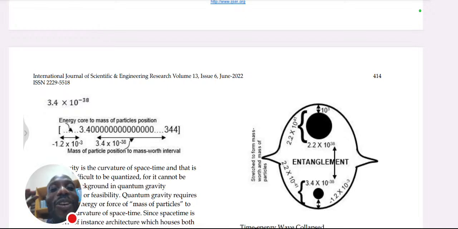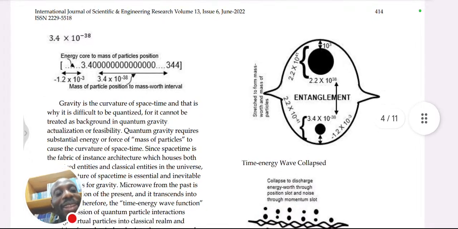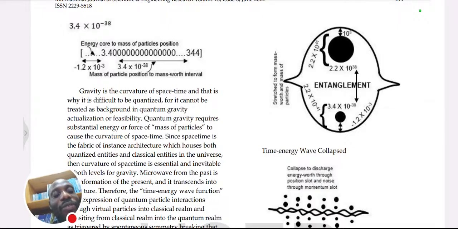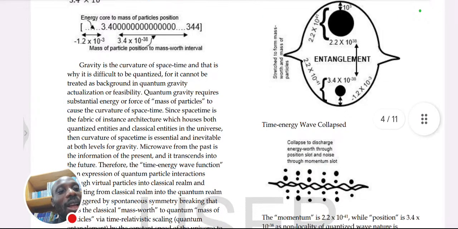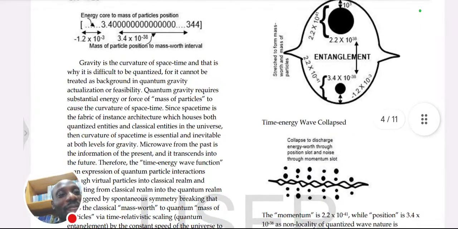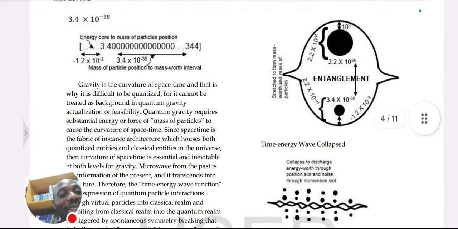And that is the quantum mass. That is the quantum counterpart of that classical mass. And that is how we are able to bridge right from classical mechanics down to quantum mechanics. And so here you can see what I have here, which is the time energy wave model. Time energy wave